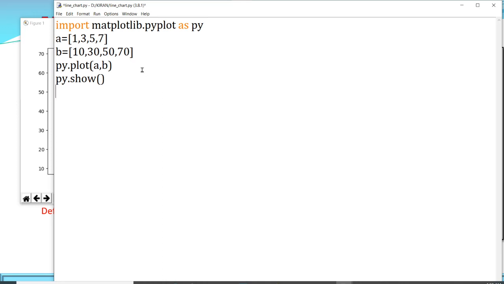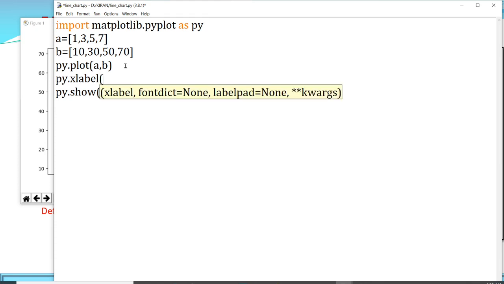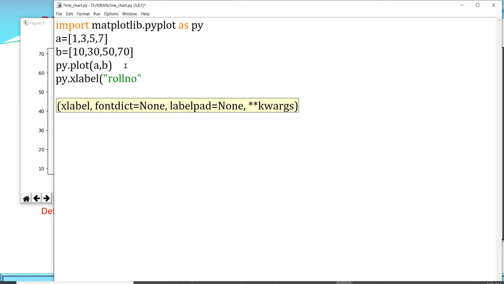Now the line is plotted. Now I want the x label, y label. Clear? So for that I am writing py.xlabel, and for x label I am giving the value roll number. For y-axis I am giving py.ylabel.